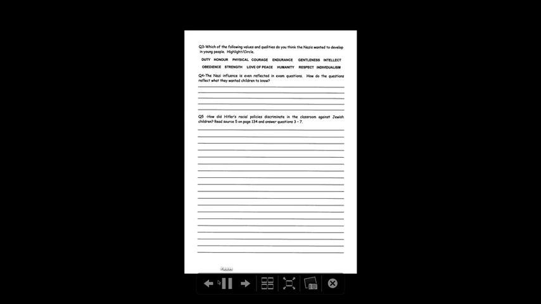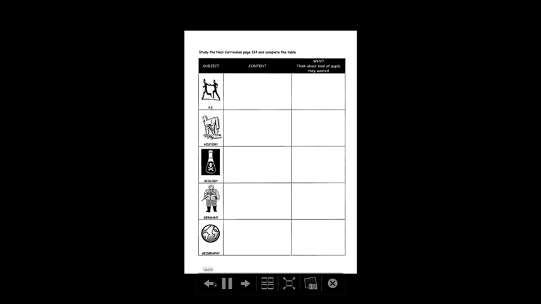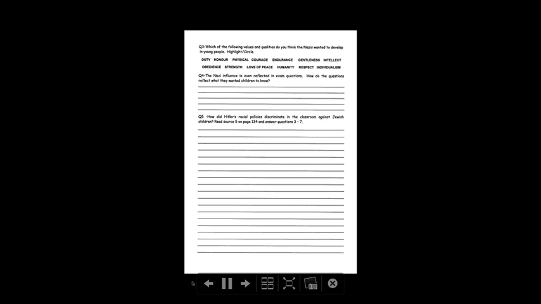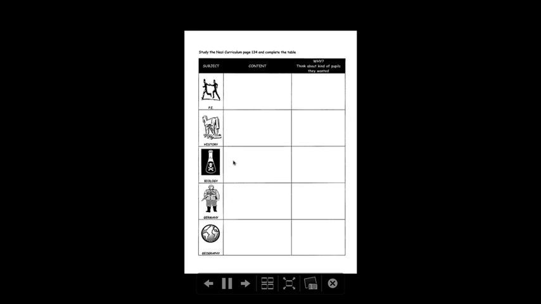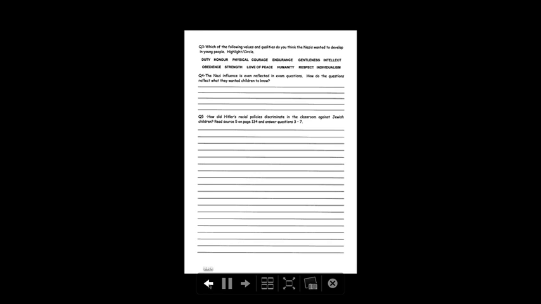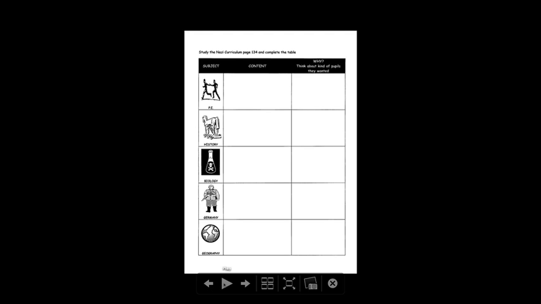Now, using the textbook, students are required to go through each of the subjects that were taught in the Nazi curriculum, and using that, their job is then to tell me what the content of the curriculum is and why the Nazis wanted that kind of pupil. So in PE, physical exercise, team sports. The reason why they wanted this is to prepare the students for a life and a career in the armed